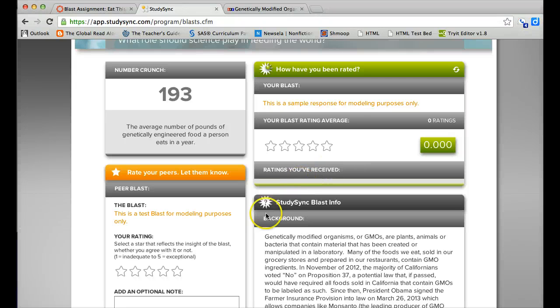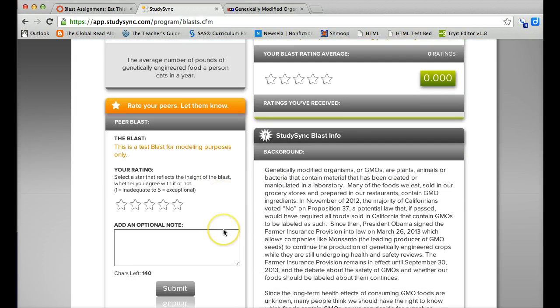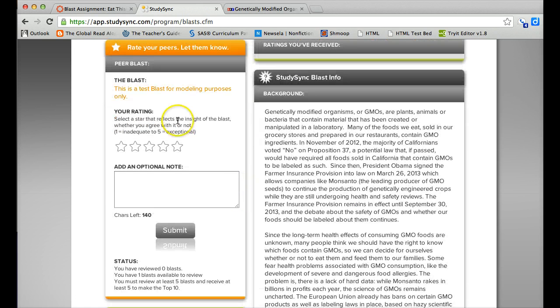by your peers. But then over on the left hand side, you'll see it says you get to rate your peers. So here's an example of a peer's blast. What I did is I logged in as a different test student and I typed this. So then you would rate this particular response,